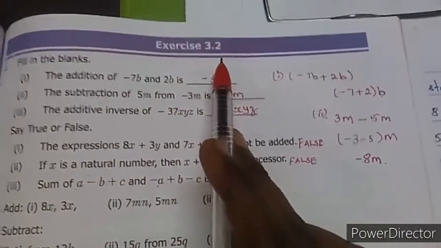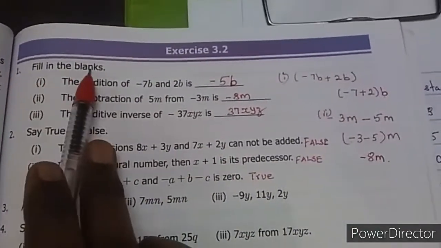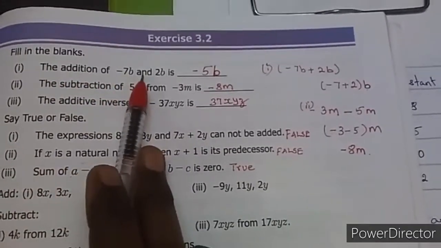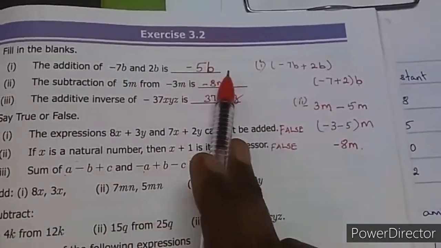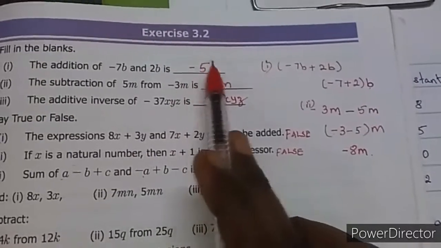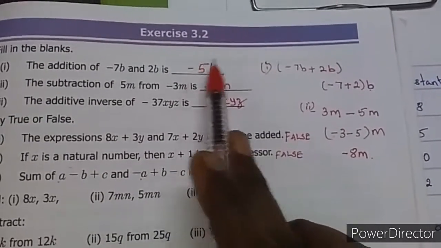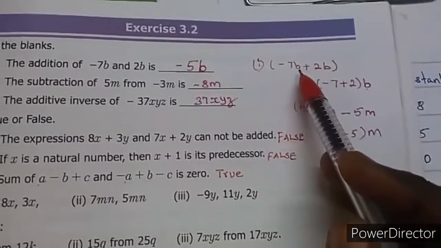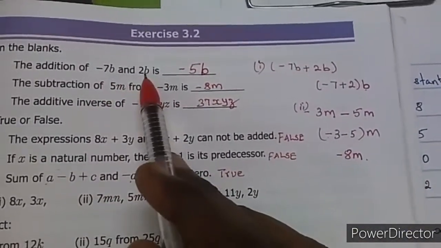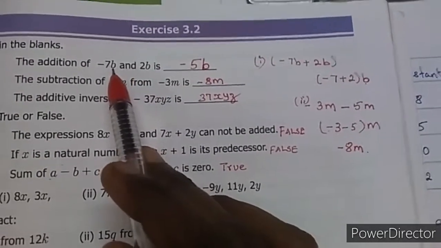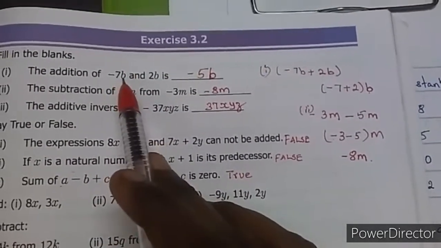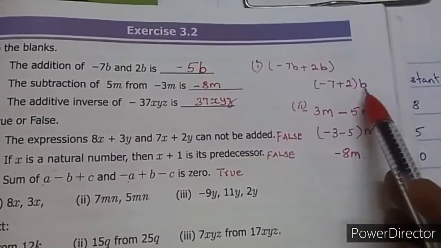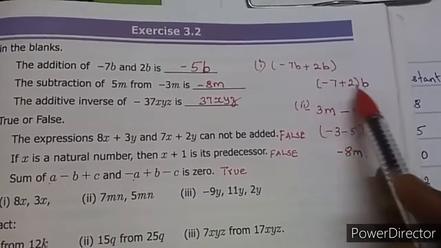In exercise 3.2, question number 1, fill in the blanks. First subdivision, the addition of minus 7b and 2b is dash. The answer is minus 5b. How to find the answer? Check the given terms, the variables. The given variable in the first term is b and in the second term also b. So, take the common variables outside